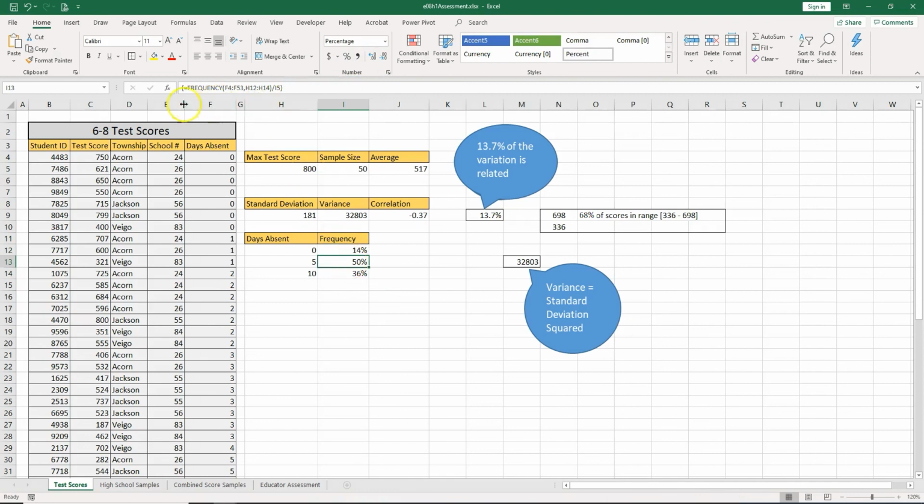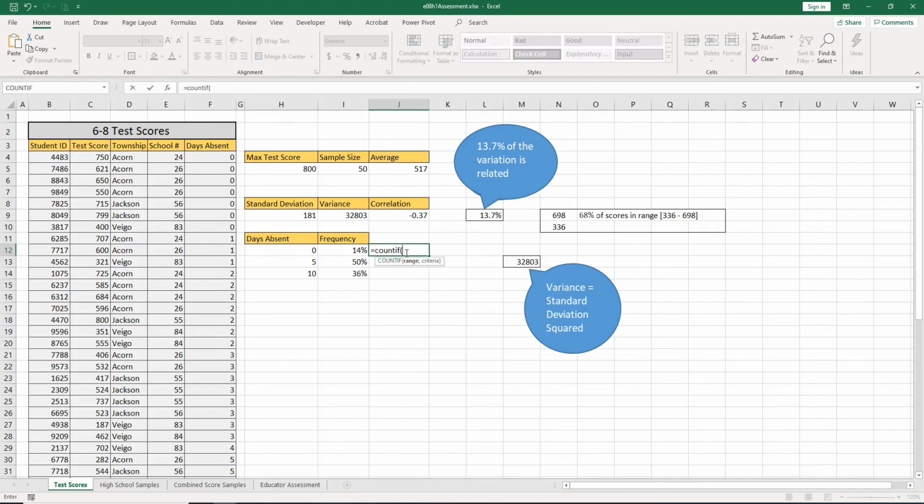So when you go to this formula, you see those curly brackets. So that tells you that we have an array formula. So all these are interdependent. To check the formula, we can add up all these percentages and we see that they make 100%. Then we can also, if you remember, use the COUNTIF function. So I want to see how many did not miss a class. So I'm going to use this range and the criteria would be 0. I just want to see if I get the 7. Okay, so it looks like it worked.